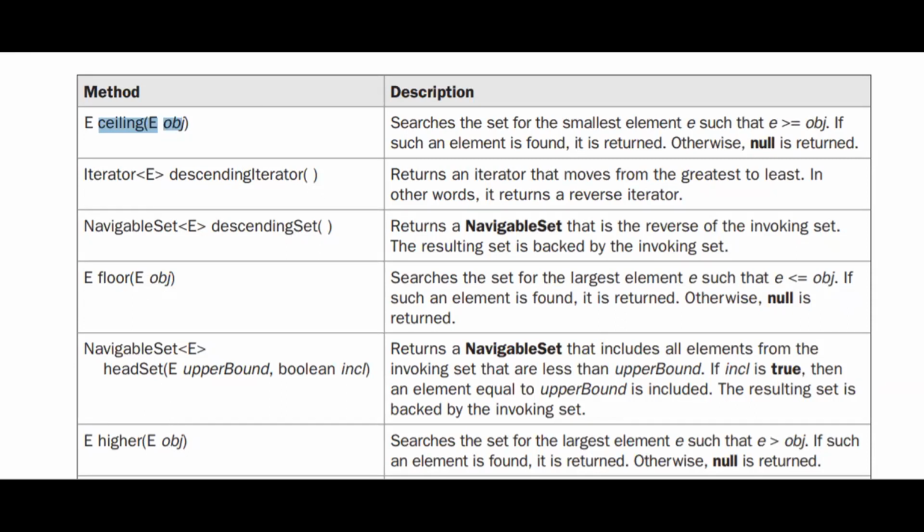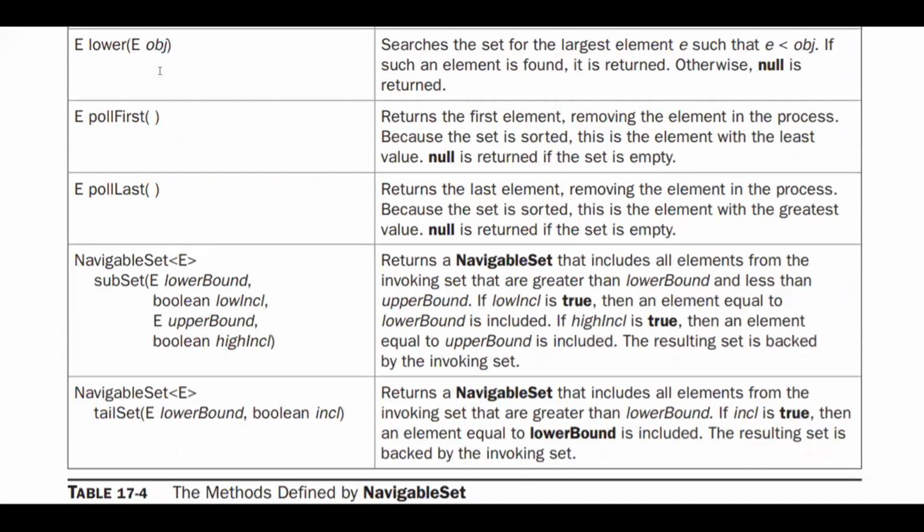Similar to this higher method, we have a few more methods, that is the lower method. This lower method will search the entire set for the largest element such that it is less than the given object. If such an element is found, it is returned.